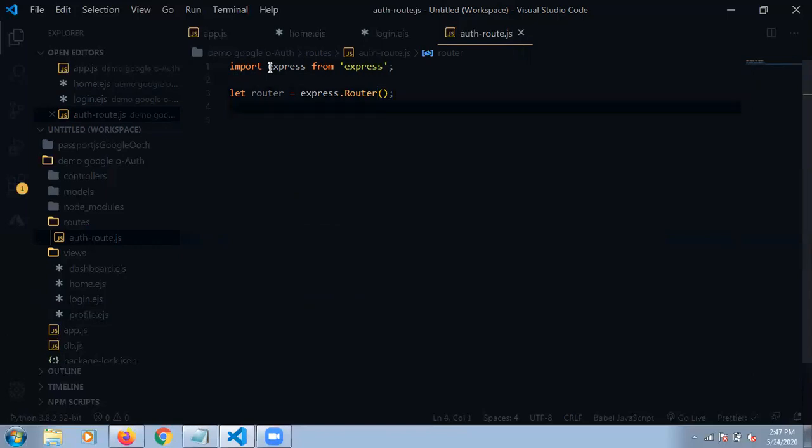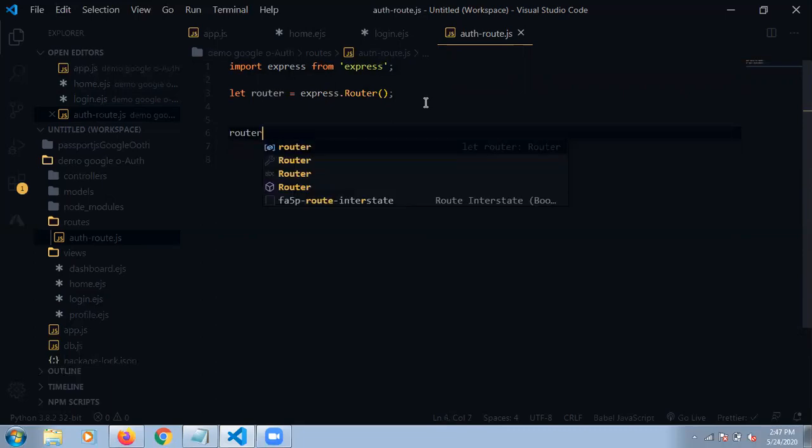This is the instance completed. So we are making a router, and now we are connecting our login page, profile page, and authentication page. So you know about that connecting.